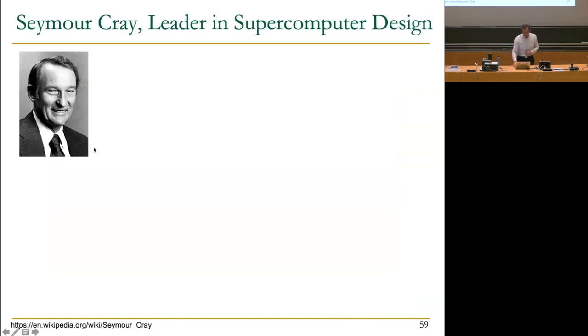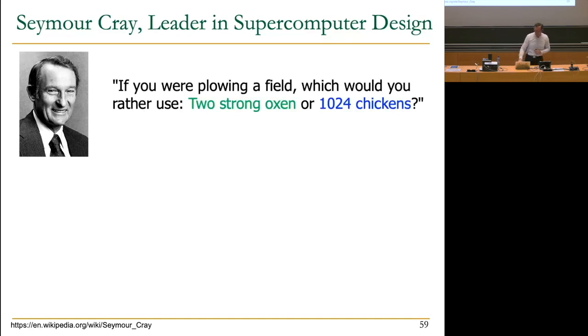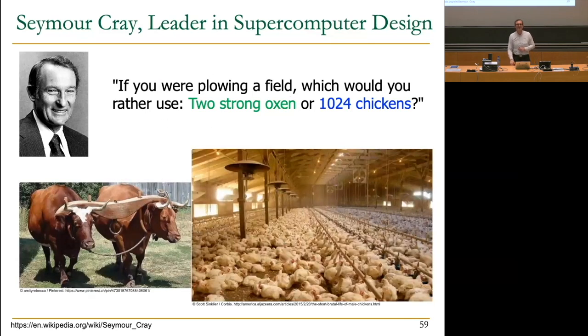Okay, I'll give you some story over here, which actually gives the idea of Amdahl's law really nicely. Seymour Cray was a very principled designer, if you will. He was the early designer of the supercomputers. And he asked this question, which is always good to think about. If you're plowing a field, which would you rather use? 2 strong oxen or 1,024 chickens? And this is a fundamental problem that keeps coming up, right? Do you use 2 powerful single core processors or do you use millions of powerless simple processors? And the answer is,